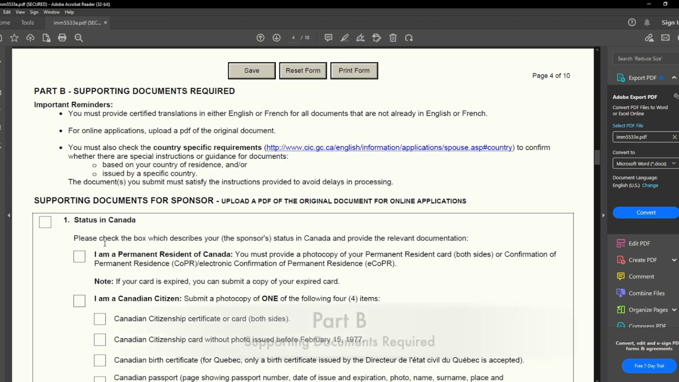Now we are moving on to Part B, which is the supporting documents. Now there are a few reminders. The first one is about the documents. All the documents and the proofs must be either in English or French. If they are not in English or French, then provide a certified translation copy. The second point is that the documents you are submitting must be in PDF. So basically you will scan your proofs and the documents, make a PDF and upload it into the online portal